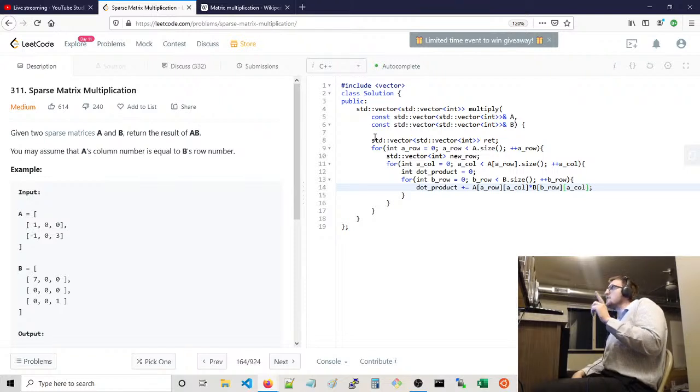Each column corresponds to the other row. Yeah, that's interesting. This column is going to be this row, and this column is going to be actually